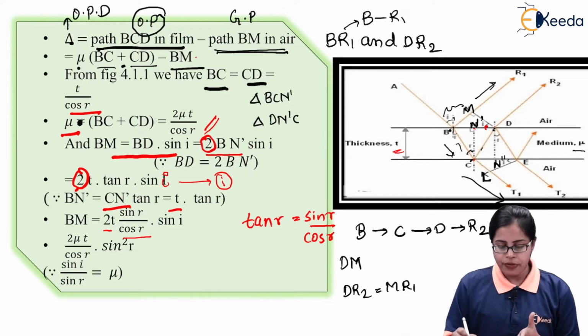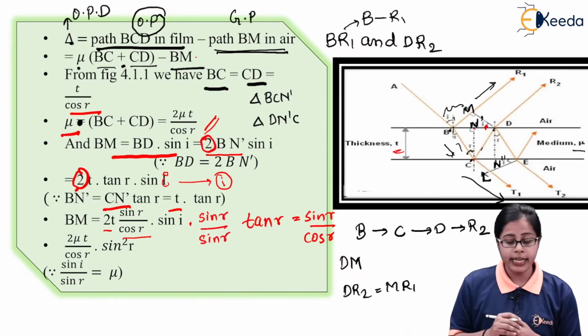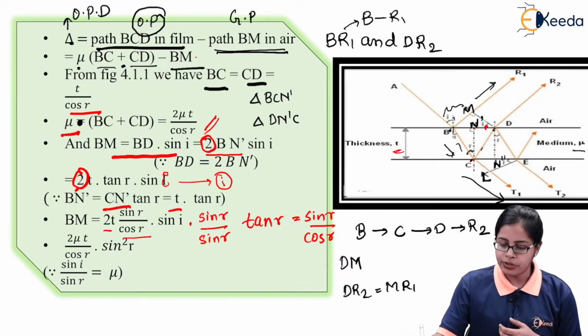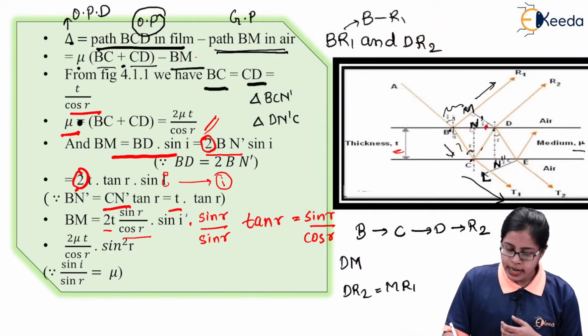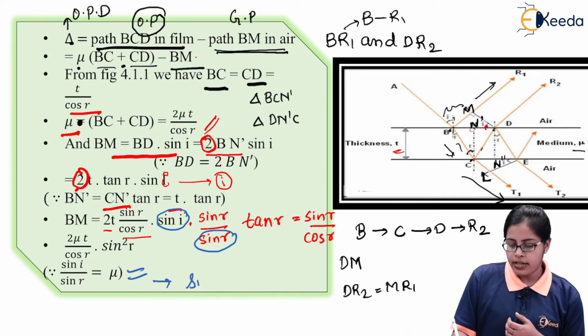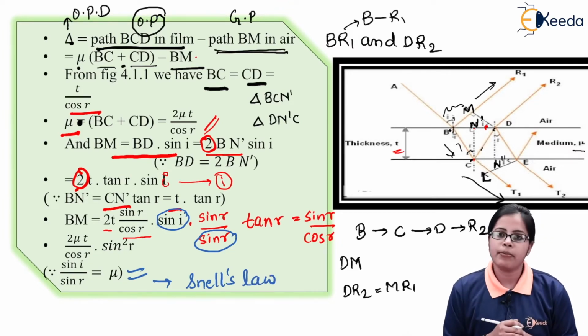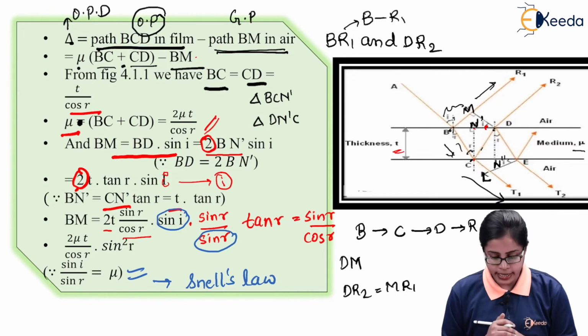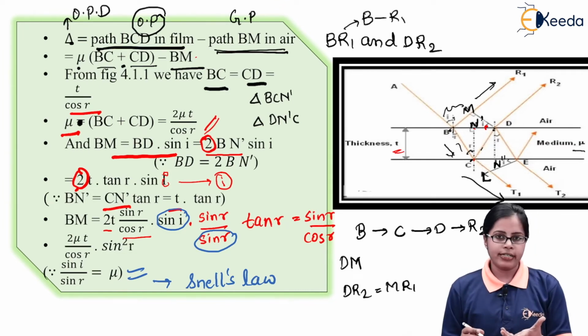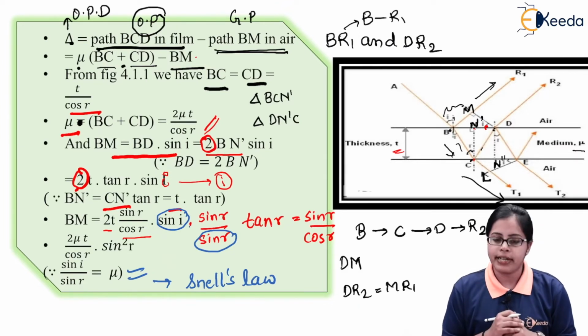When we calculate this term further, what I do is, I multiply this equation by sin R and divide it by sin R. Why? Because if you look at the terms, sin i divided by sin R is going to give me the refractive index. Now this is given by the law called Snell's law. As we are aware, Snell's law is nothing but refractive index is equal to sin i by sin R. So that is why, to use Snell's law, I have multiplied the above equation by sin R and divided by sin R.